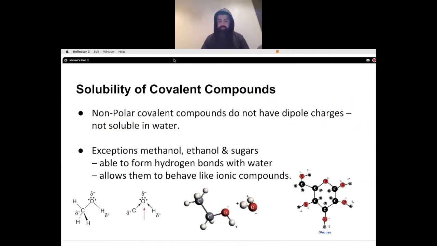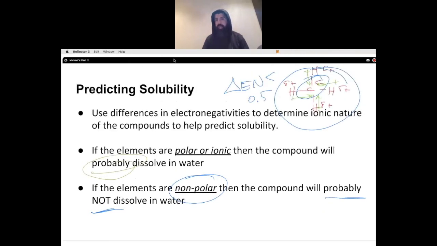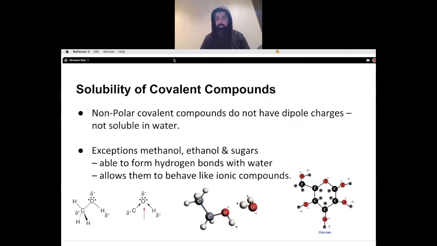A hint, if you look at this one, carbon-hydrogen, this is a hydrocarbon. So hydrocarbons typically are nonpolar. There's a whole science to it. It's organic chemistry dealing with carbon-hydrogen compound molecules. Now, there are some exceptions to the rule, and we're talking about pretty much hydrocarbons that contain